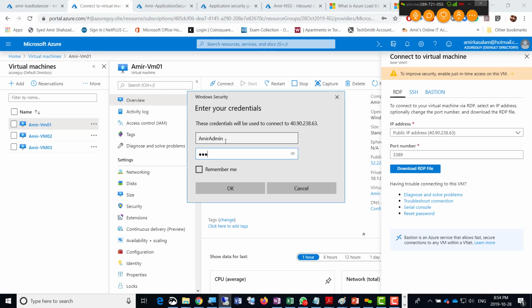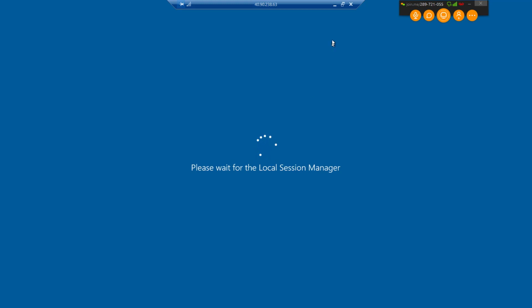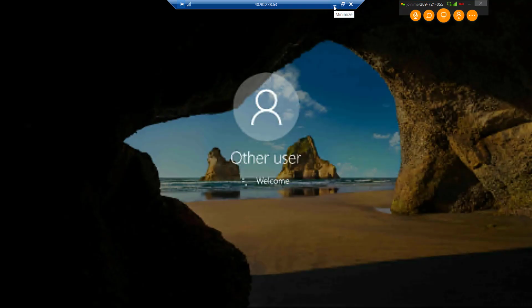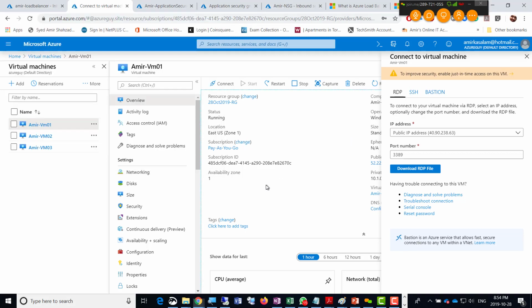admin, and we go for the password, small mc capital MC 123. It connects. Once it is connecting here, I'm going to start the second and third machine as well. And so the first machine is starting. It's going to take a little time to start. I'll just put it here, and then I'll go for the second machine now,